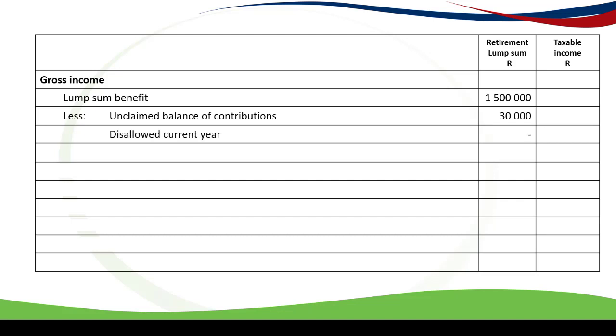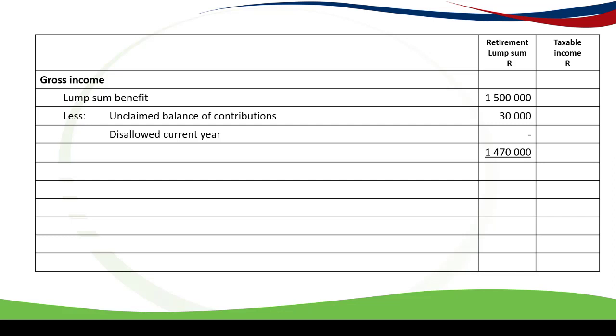The question also tells us that there was an amount disallowed in the current year of assessment, but this is not deductible as a deduction in terms of paragraph 5 or paragraph 6, so just show it as a dash, which gives us a net amount of the lump sum of